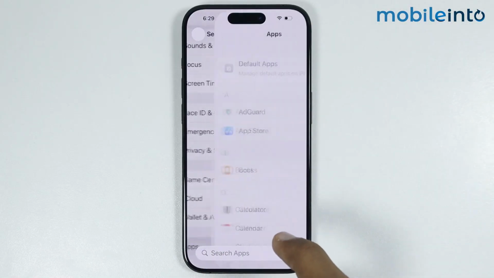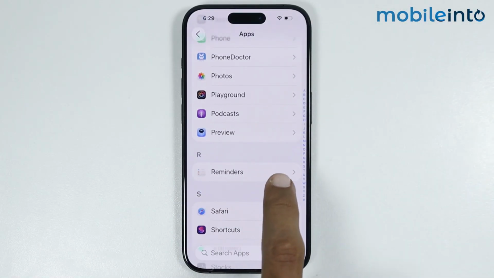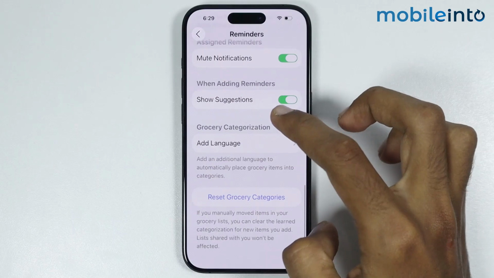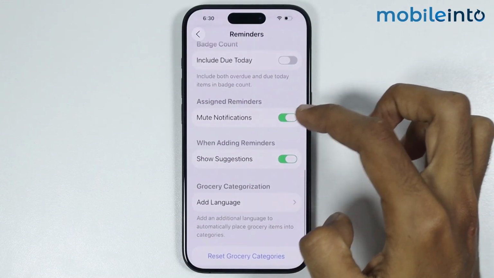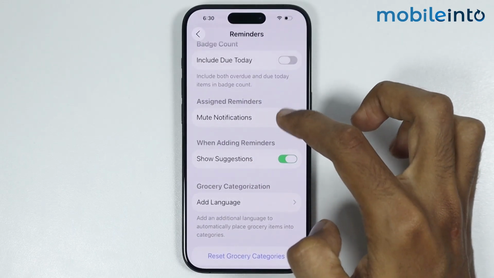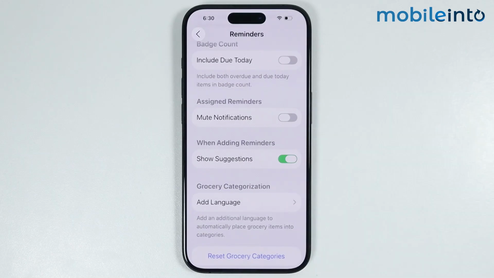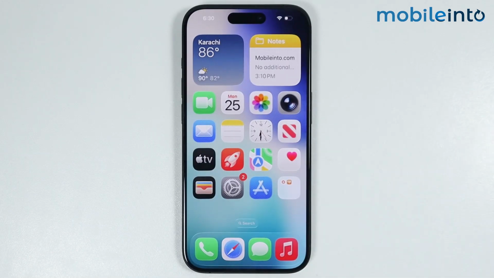Then tap on apps. Now in this section, just open the reminders app. Now on this page, you will find the option of mute notifications. Just make sure you disable mute notifications. Now, once you have done that, and if this did not fix your issue, just go to your home screen